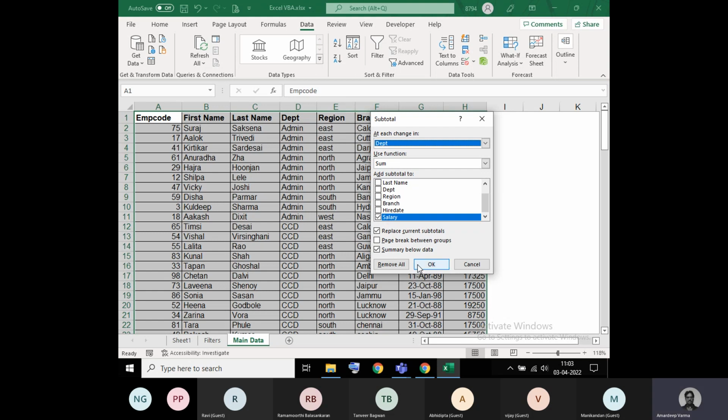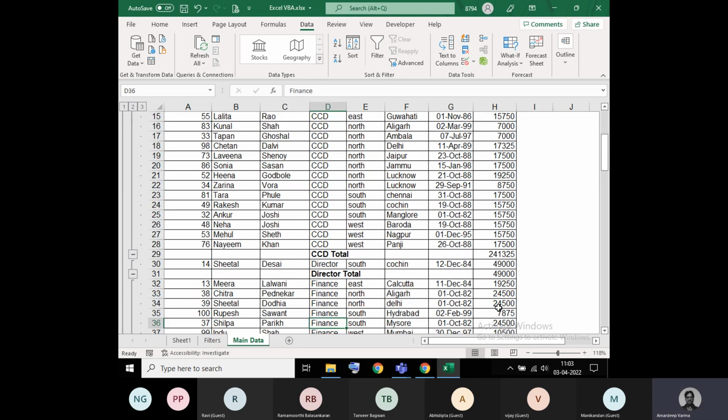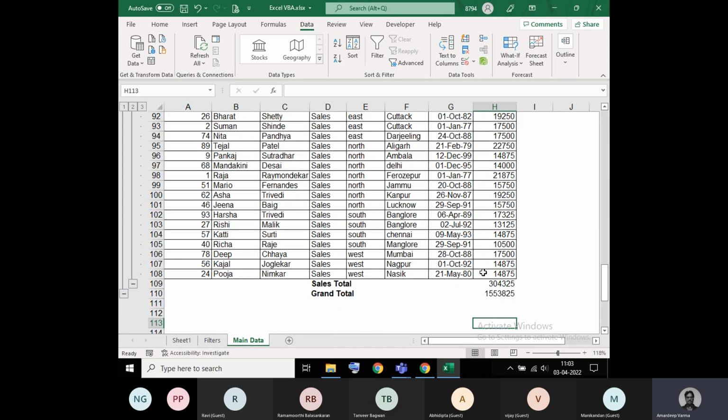Then the moment I click on OK, you'll see that when the department is changing from admin to CCD, I get the sum of salary paid to the admin department. If I scroll down, I get CCD total. Likewise, I also get the grand total. If I go to the end,